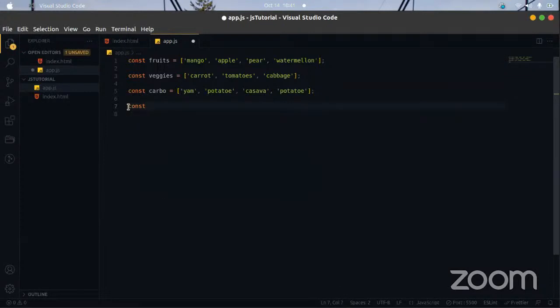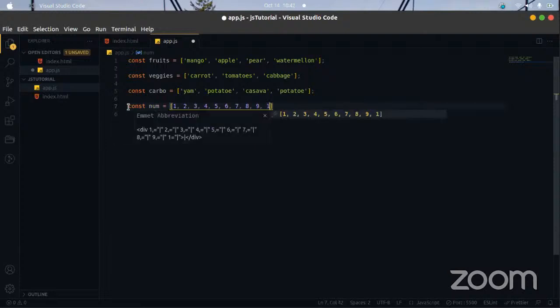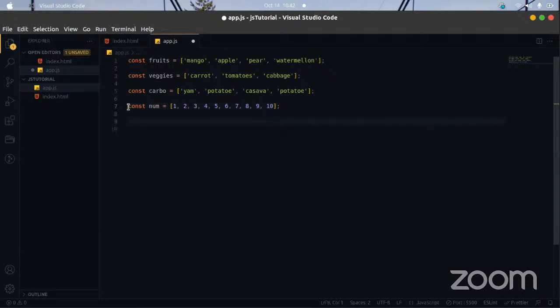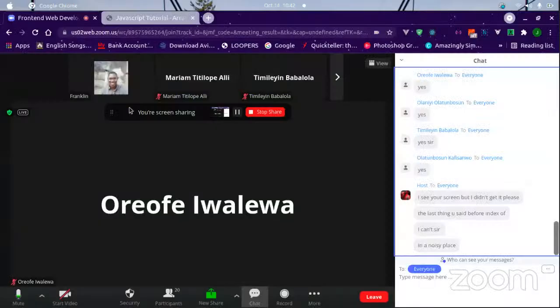So say const num equal to 1, 2, 3, 4, 5, 6, 7, 8, 9, 10. Before we reverse this, if we console log num and save, this is what we get.